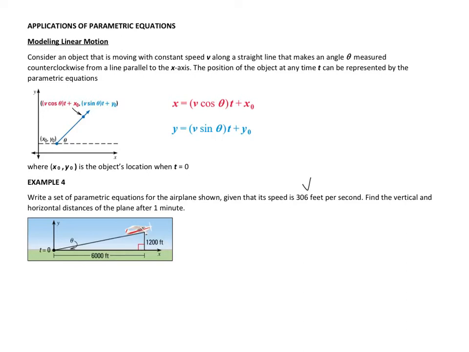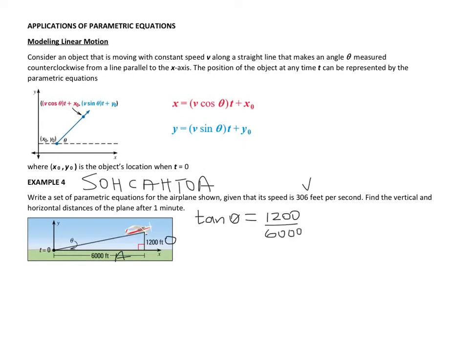So I want you to remember SOHCAHTOA. Let me write it here, because I need this to be able to find the angle. So I know that this here is the opposite, this is the adjacent, because this is the angle that I need. So I'm going to use tan. So I'm going to say tan of theta is equal to the opposite over adjacent, so that is 1200 over